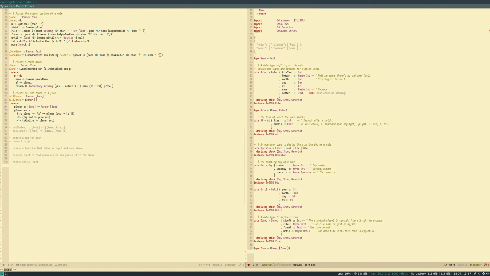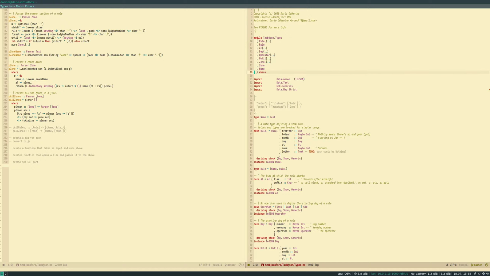Let's create a type link, which for now we can say it's a tuple name from name to name. Links a zone to another one. So what we can do, it's probably going to be very similar to a rules parser.